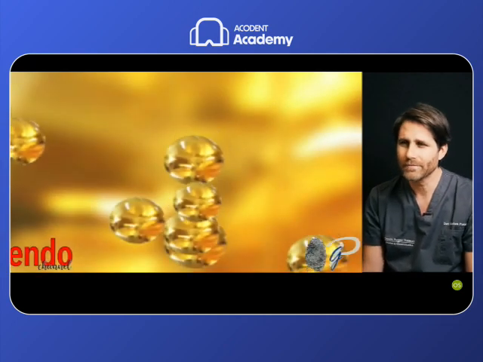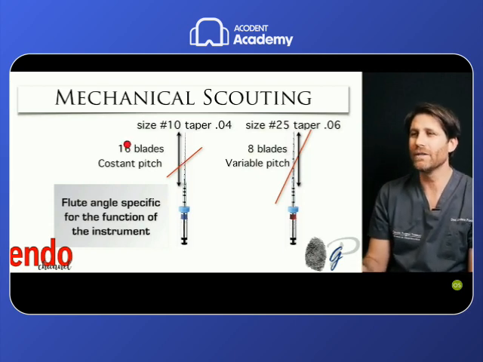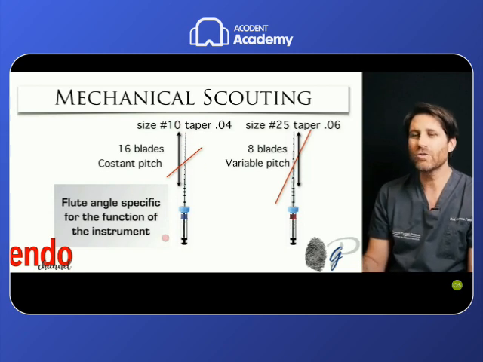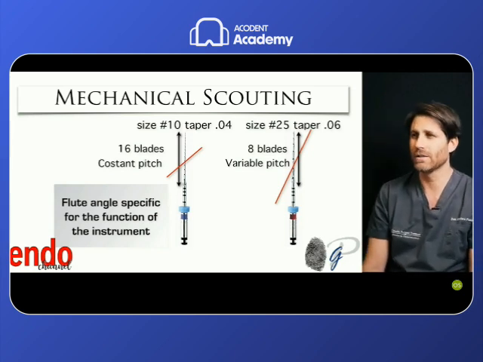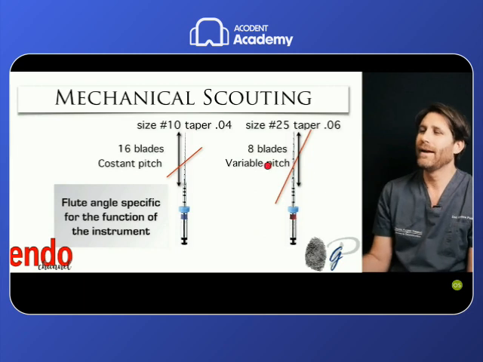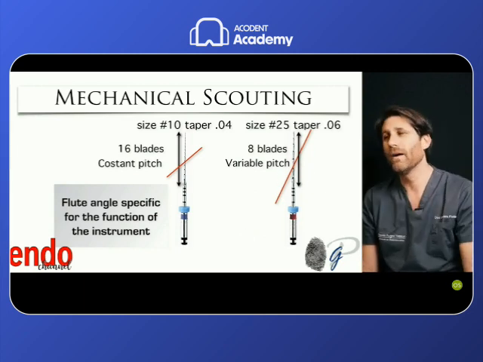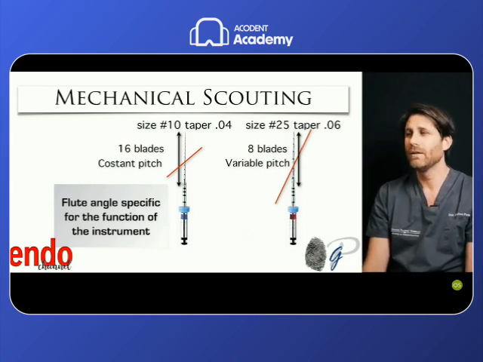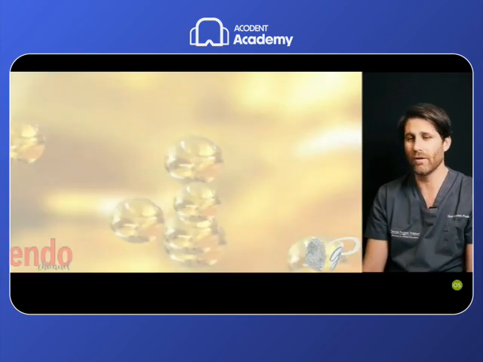The design was made specifically for this instrument, with more blades and a constant pitch, to permit the function of this instrument, which was to penetrate the root canal and to scout the root canals. This is very different from the aim of the bigger files of the sequence, which have only to cut very well and give shape to the root canal. They have only to cut and not to penetrate like the instruments in the earlier phases.